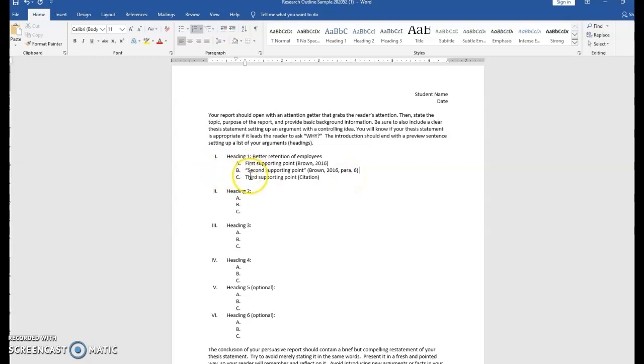There's spots here for 3 supporting points. That's just a guide. Please put as much information as you have. I also want to see that in each section you are using more than one source. So if for this particular heading all I see is information from Brown, that is not acceptable. You want to use multiple sources to support each of your supporting topics. So I should see at least two, hopefully more than that, sources used for each of your topics. So you would do the same for each of your topics.